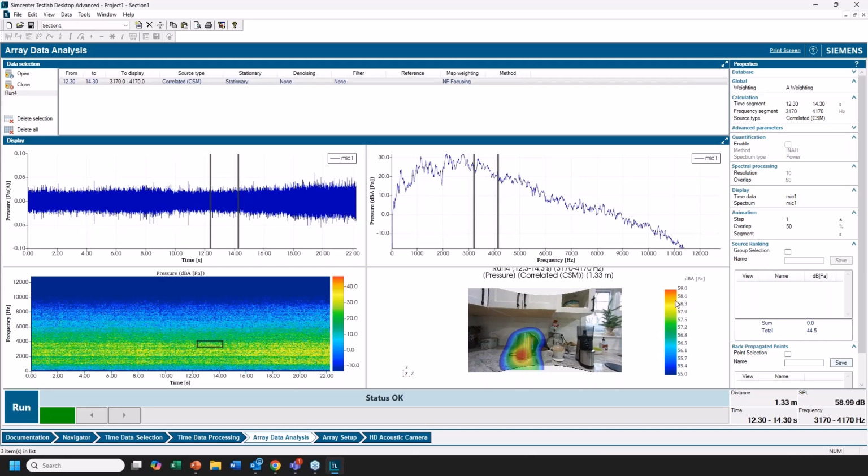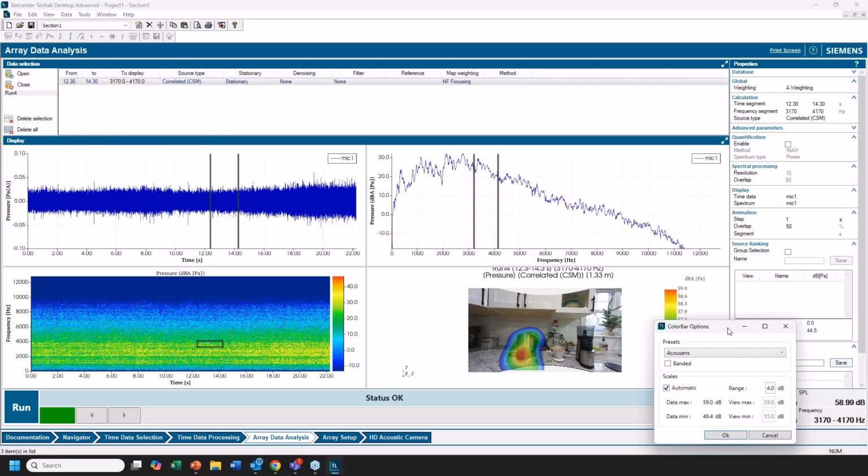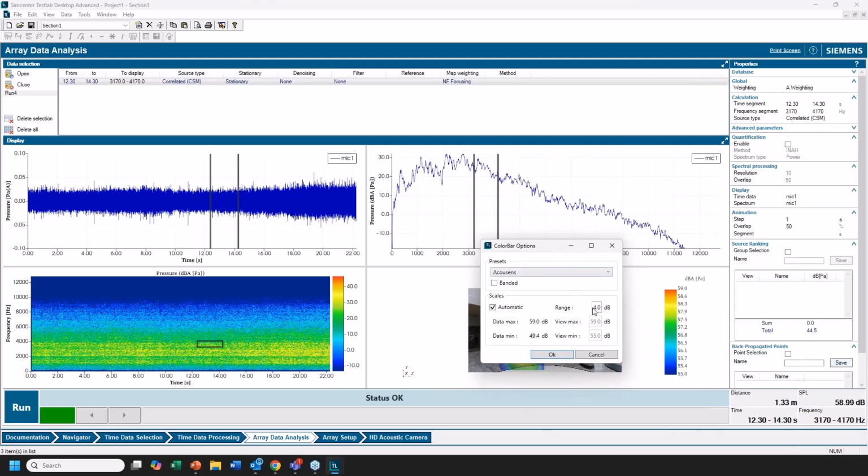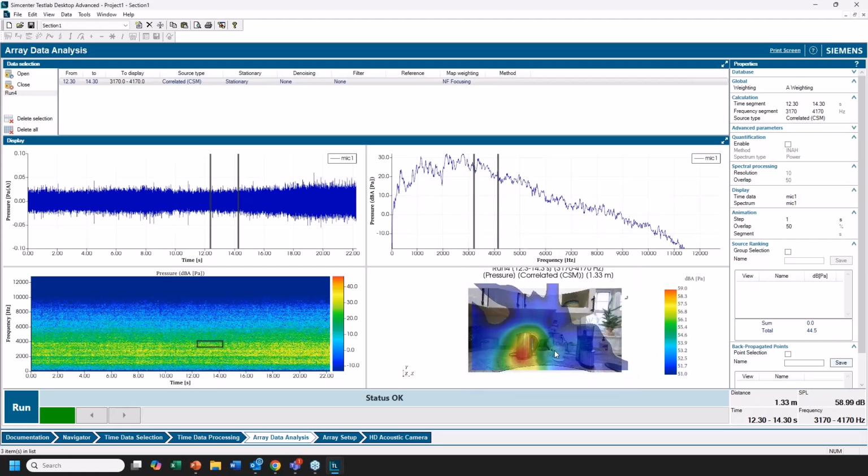And we can go here, and if we want to look at this scale, we can change that by right-clicking on it and saying options. And I can make the range a little bigger. So maybe I want to go 8 dB. And what this range corresponds to is the center of the acoustic hotspot. And then it's going to show a scale that goes from that maximum down 8 dB. So if I say OK to that, then I get a little bit of a different picture here. And I can move down to a different frequency. Actually, let's move up in frequency for now.